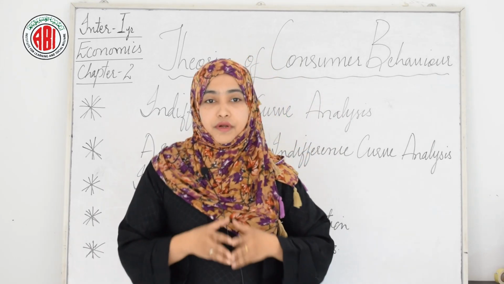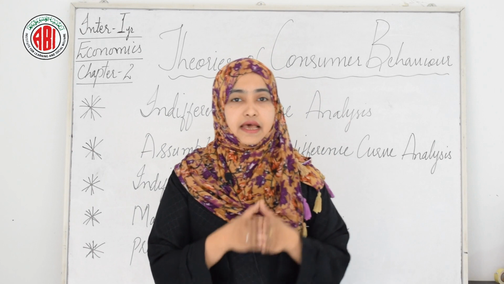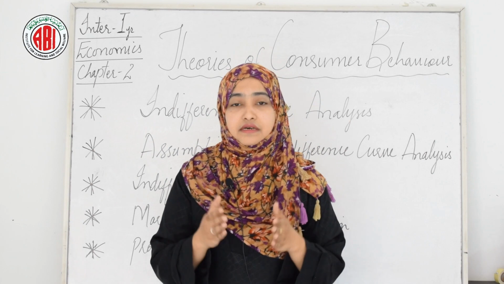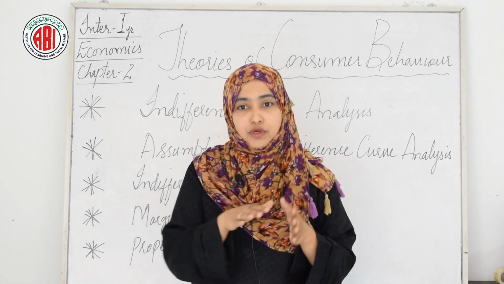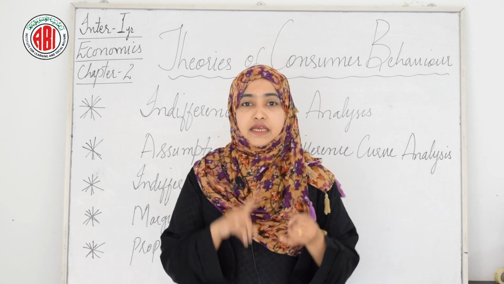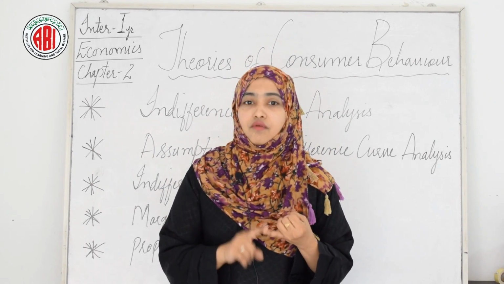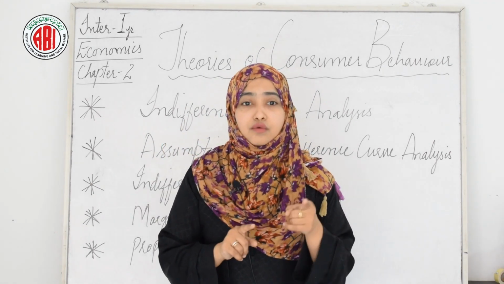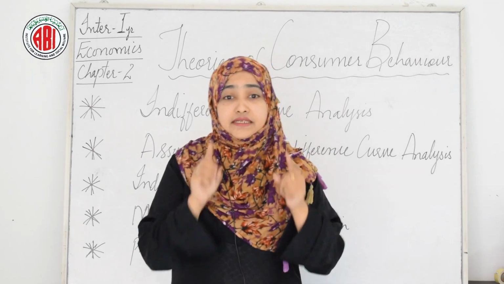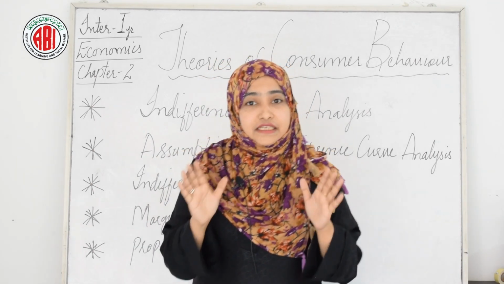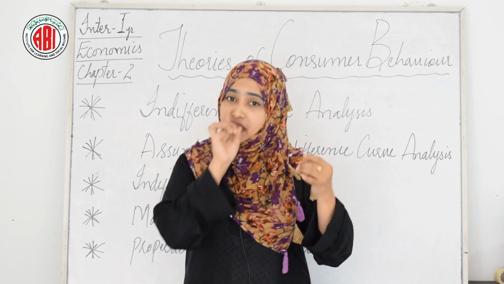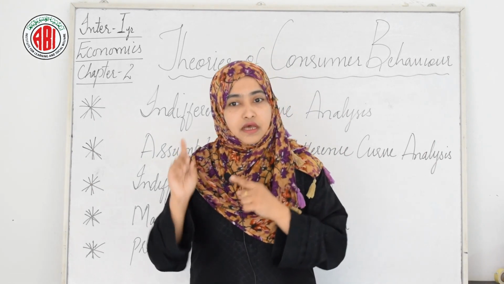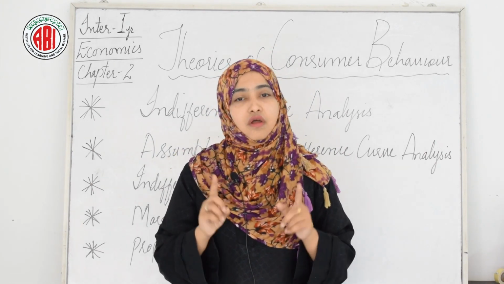Okay, here are the properties of indifference curves. The basic property is that an indifference curve is negatively sloped, downward sloping. This property implies that when the amount of one good in the combination is increased, the amount of the other good is reduced. This is essential if the level of satisfaction is to remain the same on the indifference curve. It is neither positively sloped upward, nor horizontal or vertical.